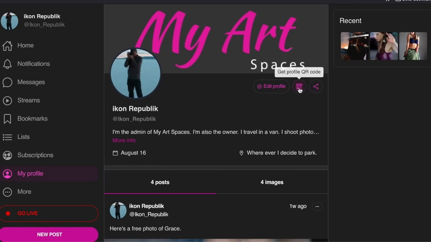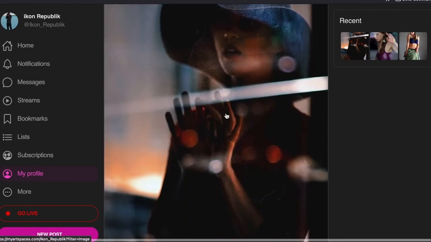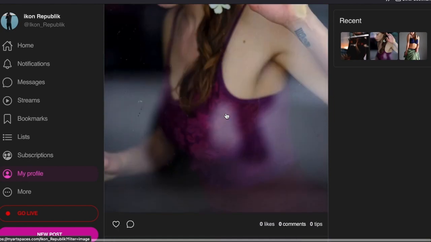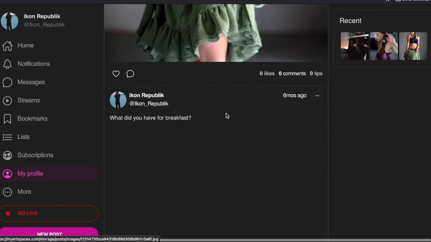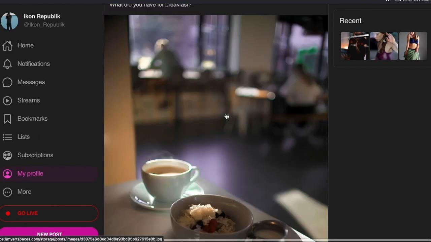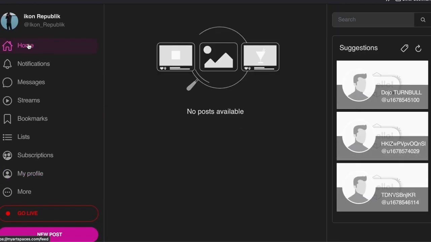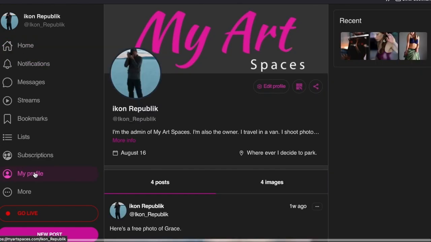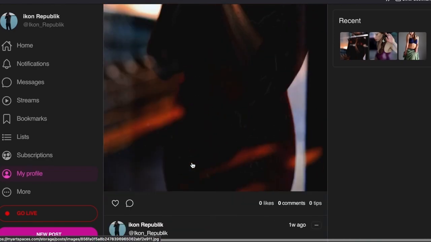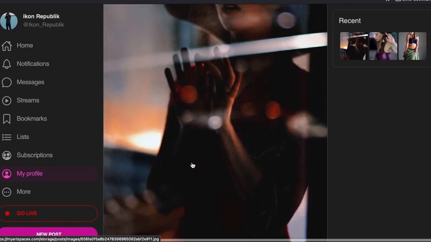A few more things. This is where you can copy your profile link, or you can copy your QR code. You can also get to edit your profile from here. But as you can see, it's a really easy platform to use. It's really fun. It was built specifically for artists and art, and to sell and make money with their art on. So another thing that I've done on my personal page is after I do a post,